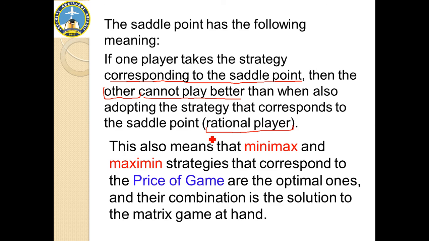He analyzes the objective information available to him and picks his best choice. This also means that the minimax and maximin strategies that correspond to the price of the game are the optimal ones. So these two strategies are optimal, and their combination is the solution to the matrix game